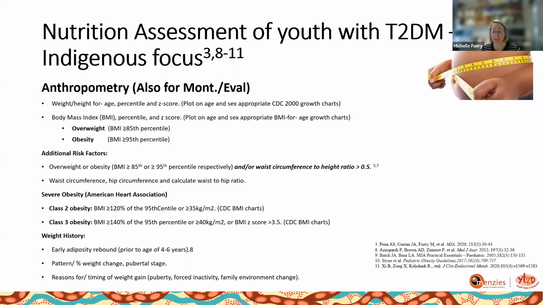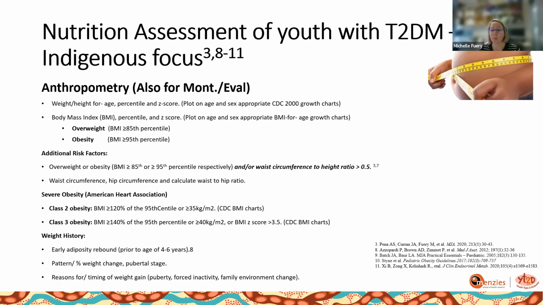However, intermeasurement variability of waist circumference measurements can affect classifications and is not routinely used in clinical practice. The waist circumference cutoffs to define central obesity in children and adolescents based on multiple populations in different regions have also not been proposed. If we look at weight history, gathering early weight or growth history is also important.